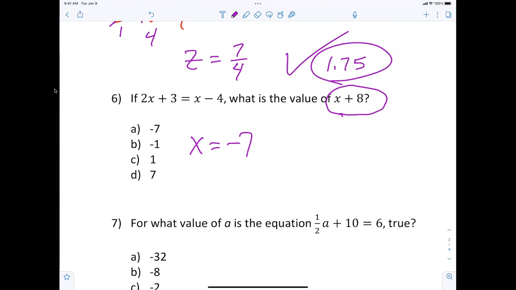Everybody understanding that? So if you circled A equals -7, did you really know the answer? No. Well, you didn't get the right answer, but you knew the answer. Everybody here knows X equals -7, but you didn't answer the right question. So obviously -7 plus 8 is 1. And they always seem to put the wrong answer in front of the correct answer, or before, I should say. Is everybody with me on that? All right, please don't fall for that on the test on Friday. Make sure you answer the right question.